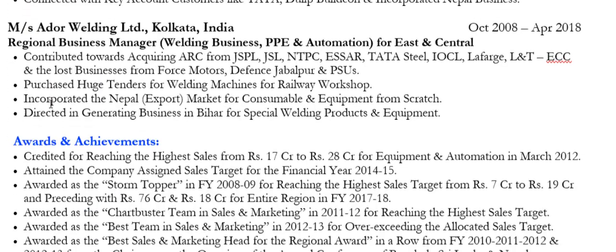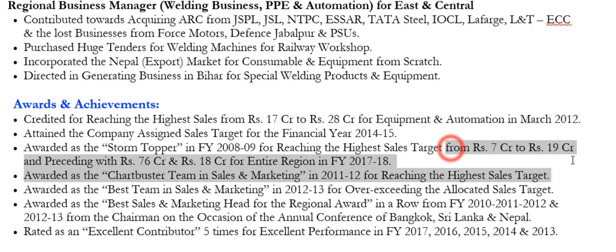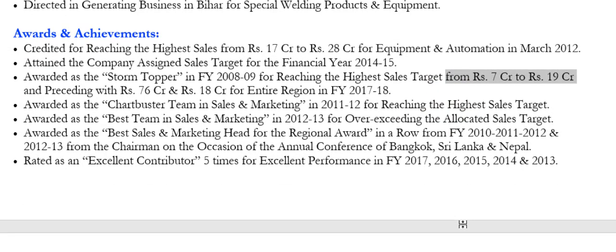credibility to your experience. So this way we put all the experiences one by one, the latest one first followed by others, right? And then we have a section called awards and achievements. So if you have some major career highlights, you can put them under awards and recognitions or achievements. And one more important thing here is to write the date when you achieved this and why you achieved this particular award. So if you can see here, the first award, we have put the date everywhere when he achieved this, March 2012. Then again here, financial year 2017-18, and everywhere, if you can see, we have put what the award is and what he did to achieve this award, right? We highlighted this everywhere, okay?